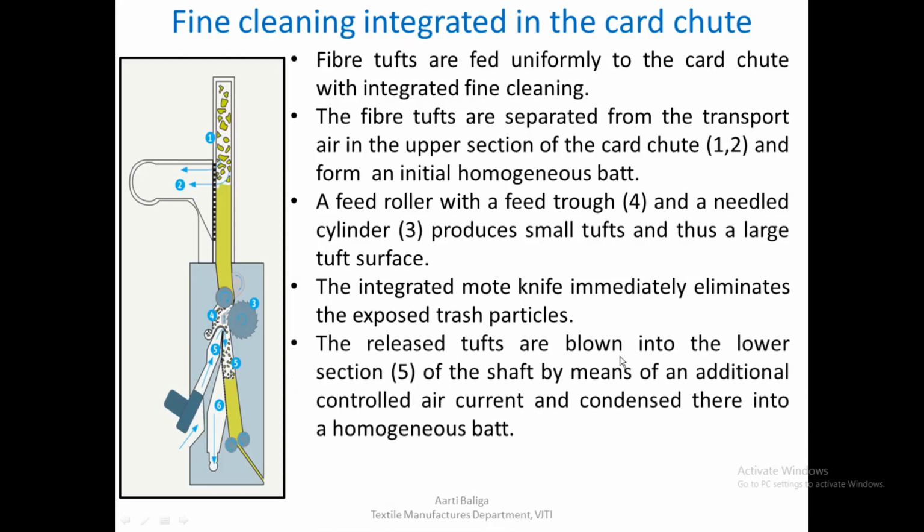The released tufts are blown into the lower section 5. Whatever fine tufts are generated over here are released into section 5. And here some additional controlled air current is supporting it, so that material gets deposited. As one can see the arrows over here, it will help the deposition of the material in this area, and it is condensed there into a still better homogeneous bat in this region.